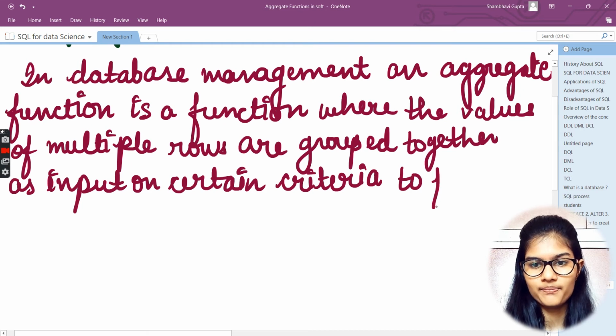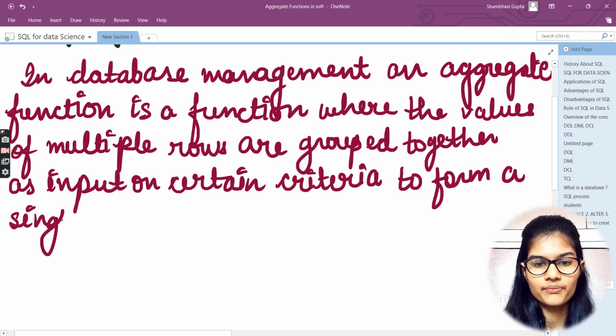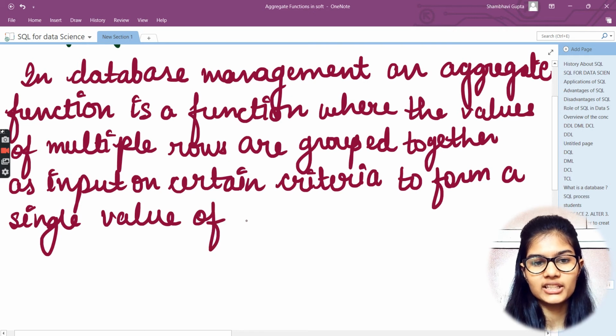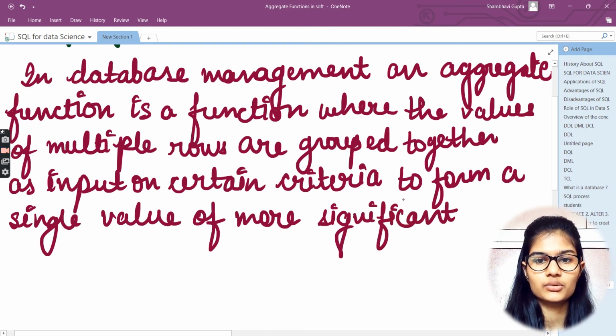to form a single value of more significant meaning. Here goes the meaning. Fine.